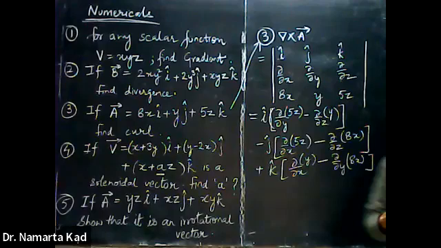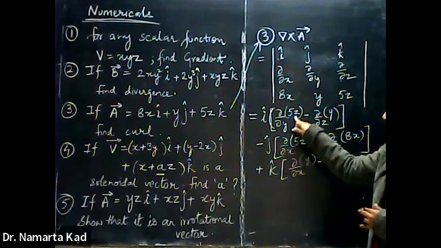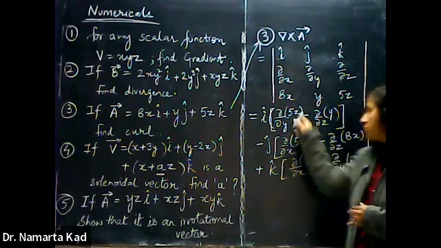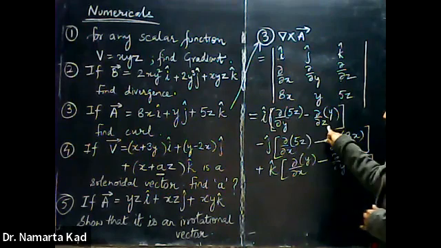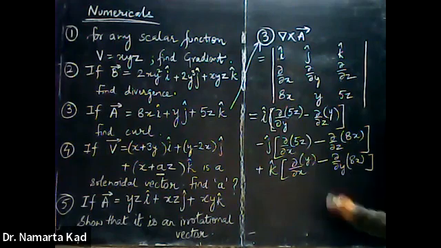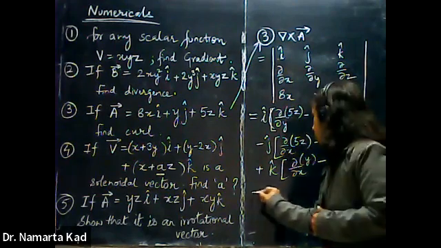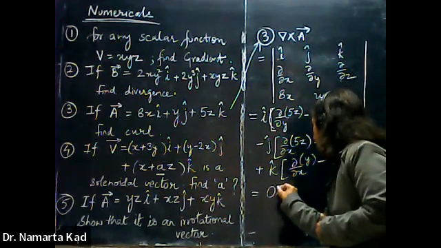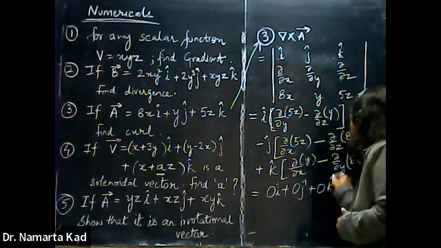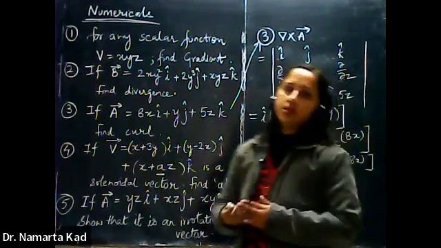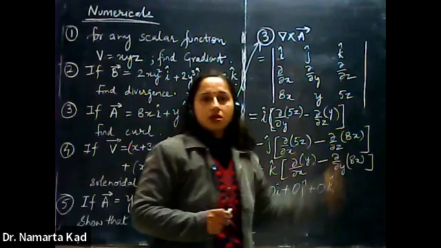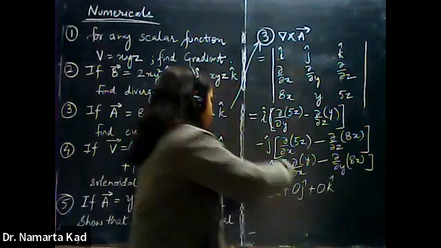Okay, now as you have seen here, this is the z term and we have to take its partial derivative with respect to y. So this will give you the answer 0. Similarly, here it is also 0, here it is 0, here it is 0, again 0, and here it is again 0. So this will give you the final answer of 0 i cap plus 0 j cap plus 0 k cap. That is, the answer will come out to be a null vector, and as del cross A comes out to be 0, then this will result in,